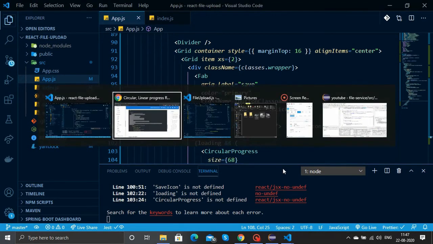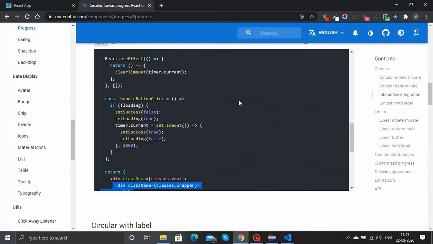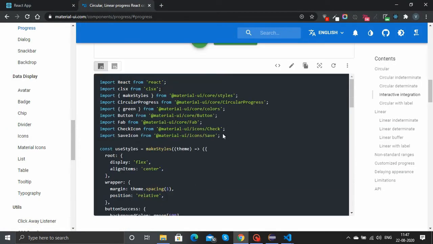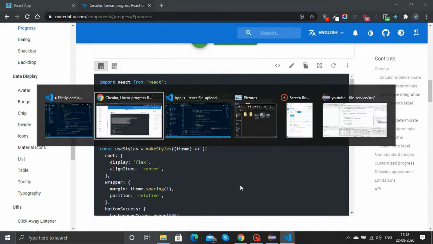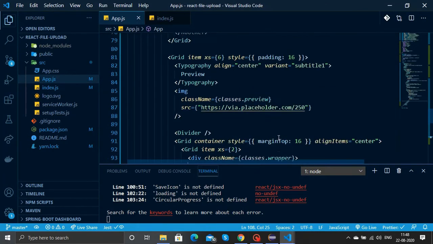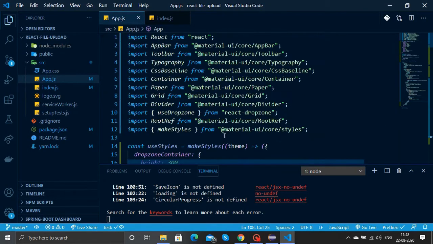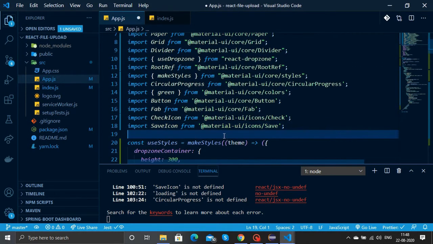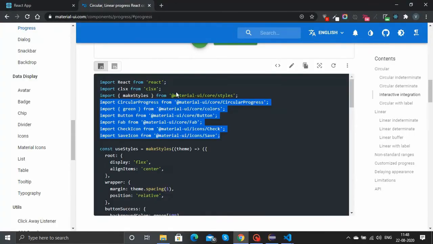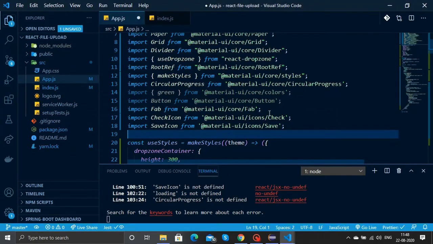Now we need to import some more things. So let's go to the top in the documentation and we'll copy most of the things from there. First we'll copy everything till the makeStyles and we'll paste that here. Now we'll copy the clsx import and also paste that here.